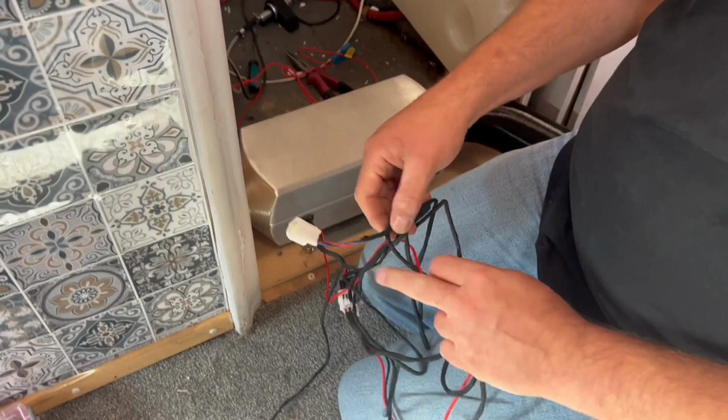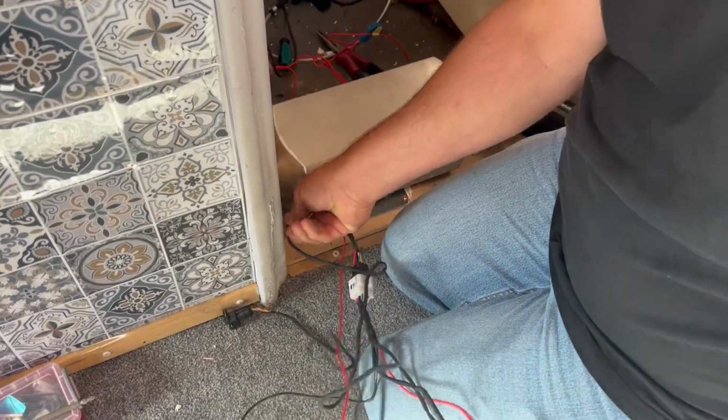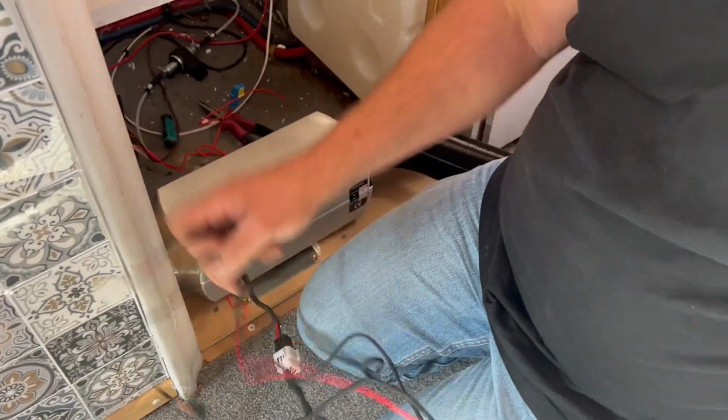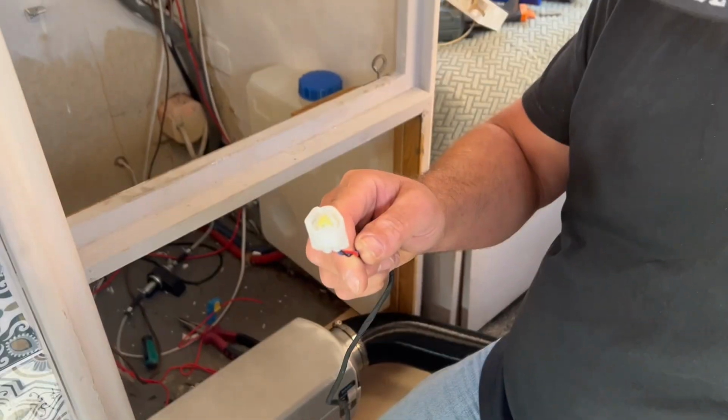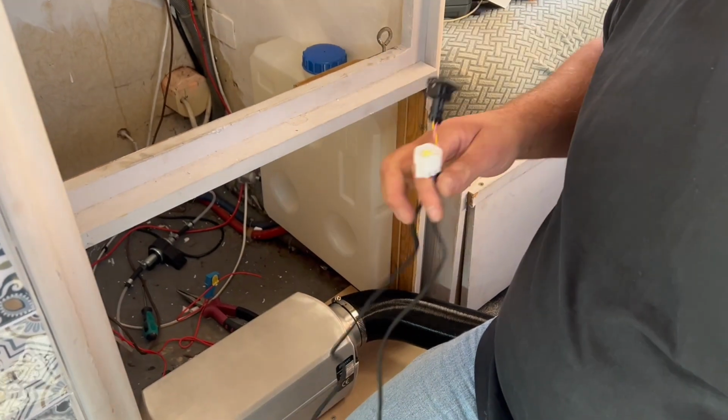This is the wiring bit, isn't it? Do you want to go through the wires? Yeah, I can do. So that one is for your dosing pump. That's to the pump. Yeah. That one is to your controller. Okay, you've just got your main